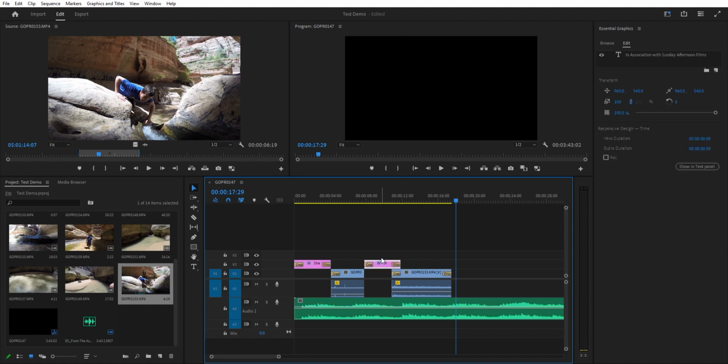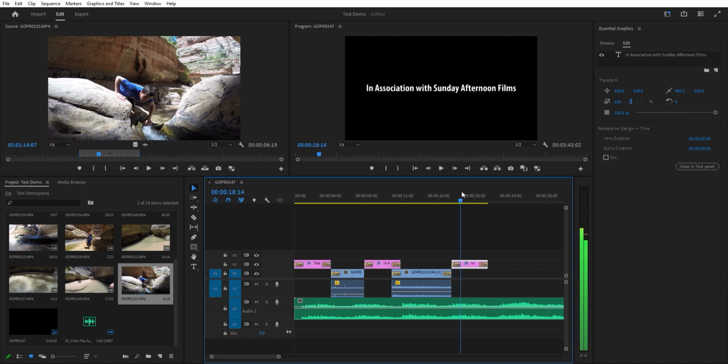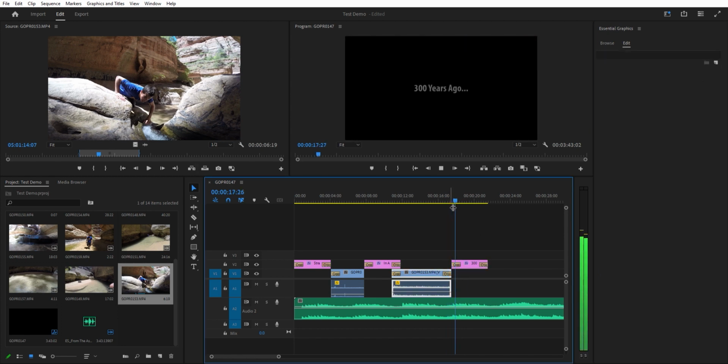Okay, so now I'm going to click Control C and then Control V. Copy this title over. Let's make this interesting. 300 years ago. And then I'm going to center. So again, I click on the cursor, center, vertical center, and then